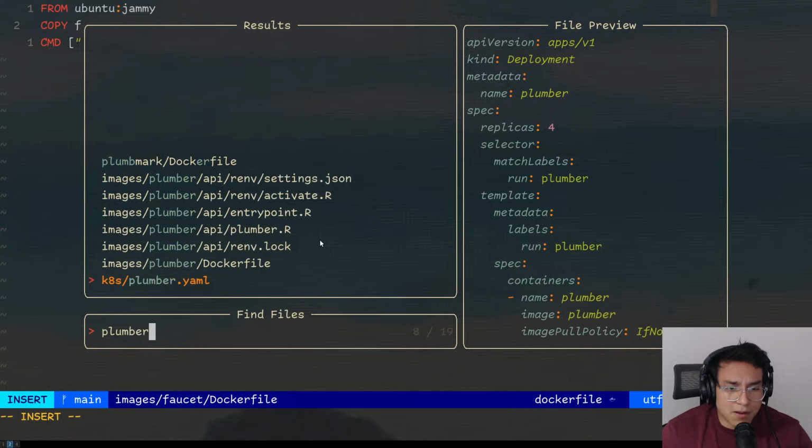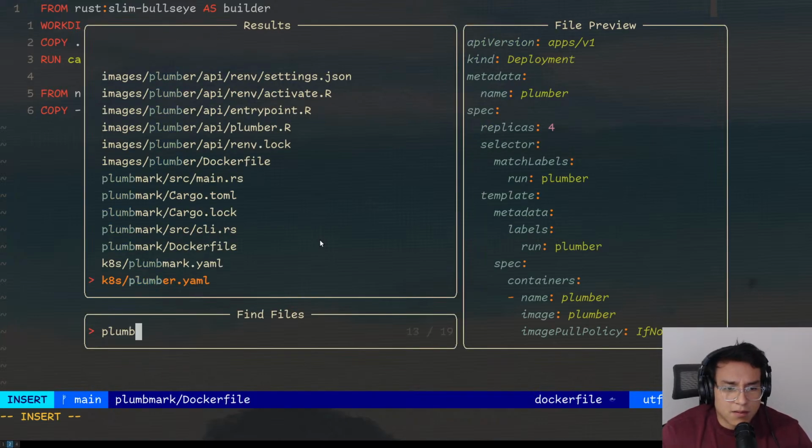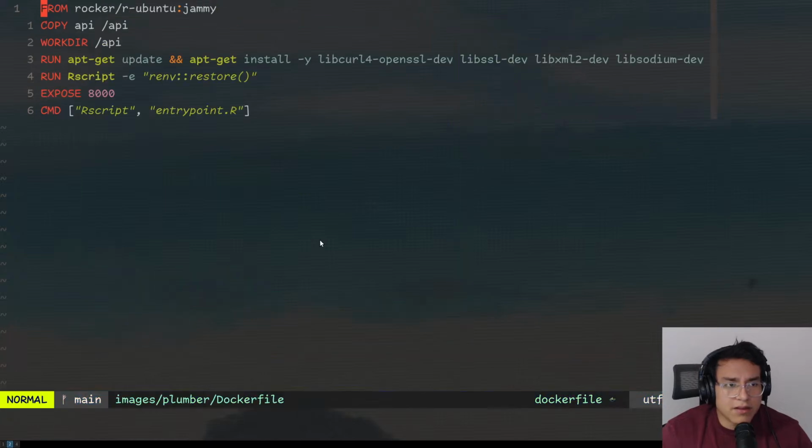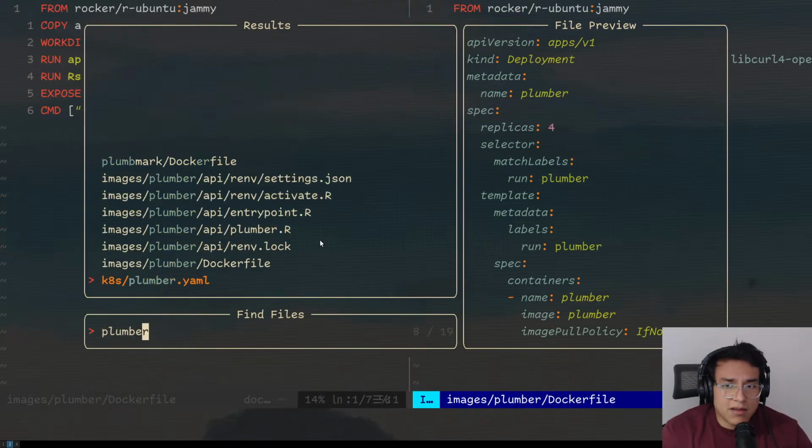Then comes the plumber Dockerfile. Sorry, this is plumber.dockerfile. Here it is. The other one is again just the plumber API. I'm copying the API folder, installing some dependencies, running renv restore, and exposing the entry point. If we take a look at this plumber API,